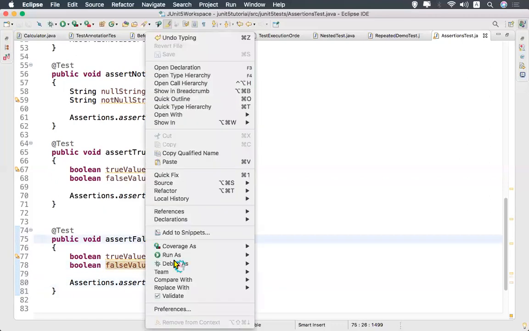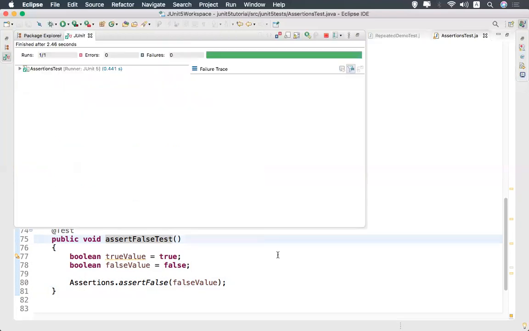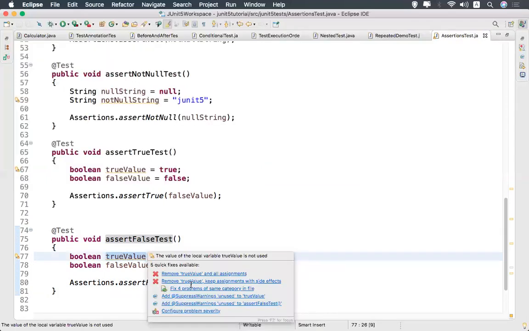What it is expecting, if you are providing the same information, then it will pass. If other than what it is expecting, if you give another thing, then it will fail. Now it is expecting assert false. I am giving the false value, so obviously the test will pass. You see the test pass. Now I'll provide this true value.